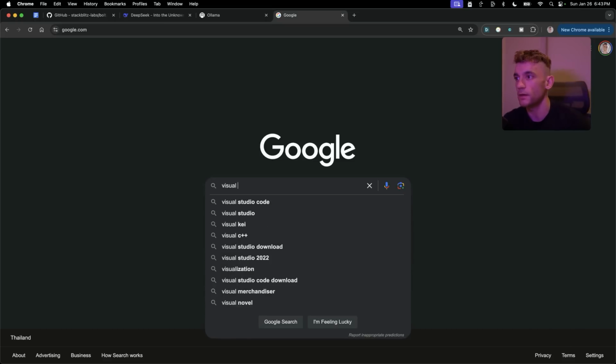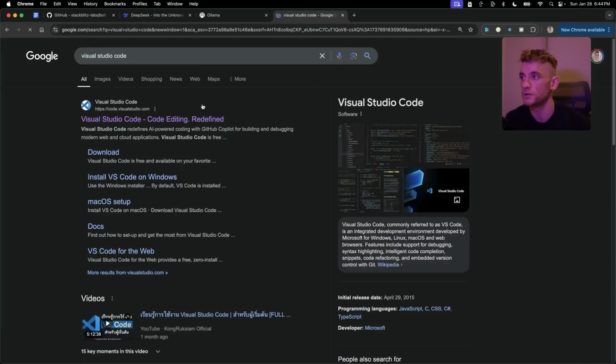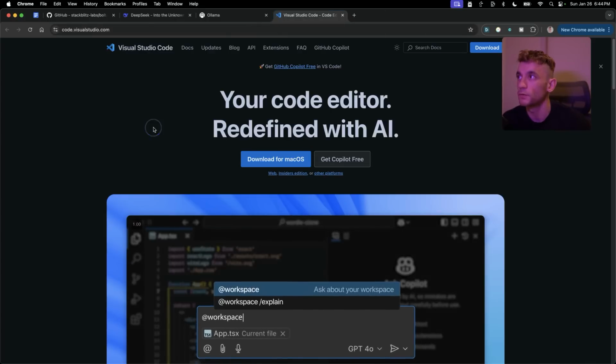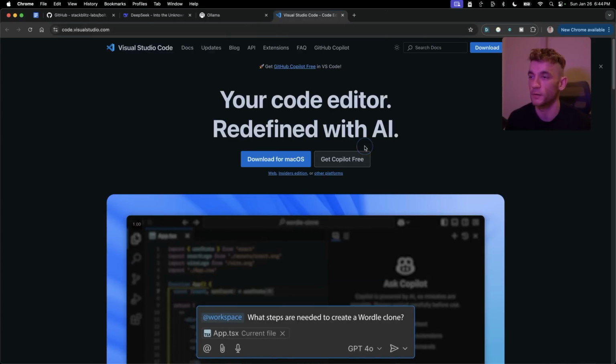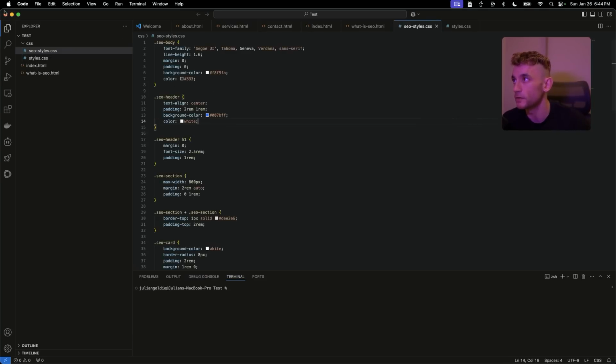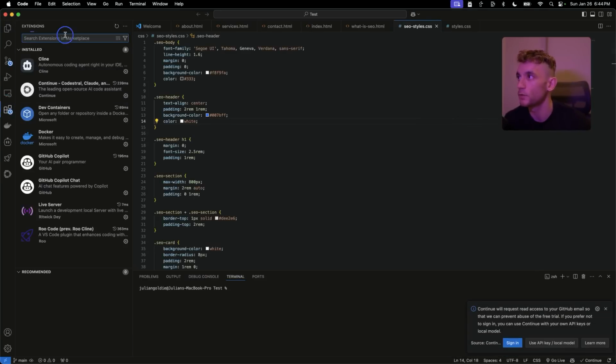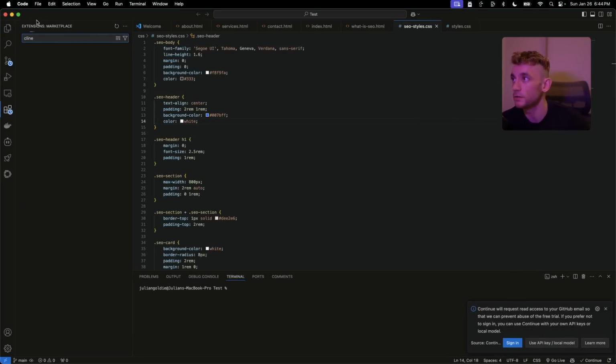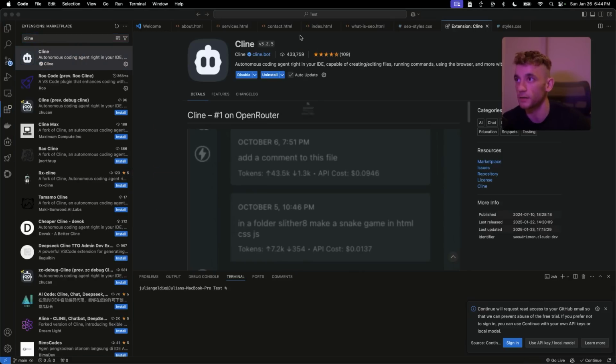Now, if you download Visual Studio Code, which is a free tool for your laptop, you can host this locally. Once you've done that, if you open up Visual Studio Code, like you see right here, then you're going to install Cline as an extension. They've actually just got a brand new update, which is Cline 3.25. Once you've installed that,